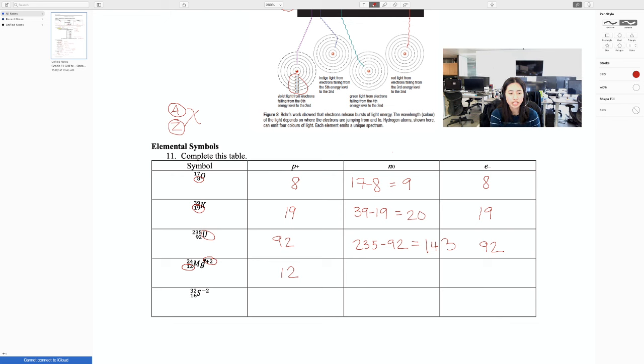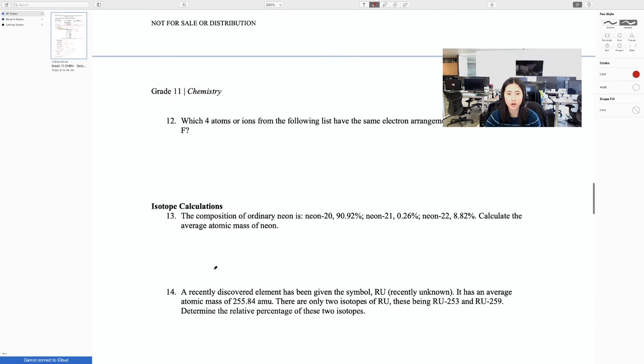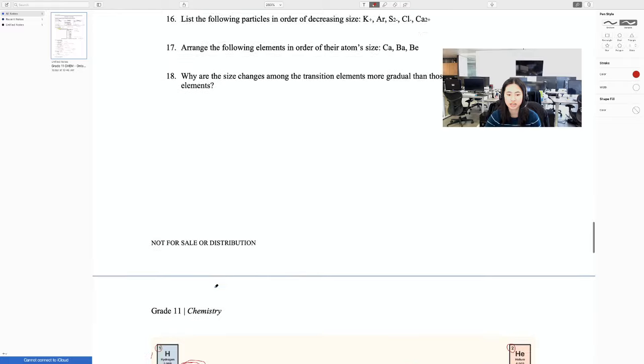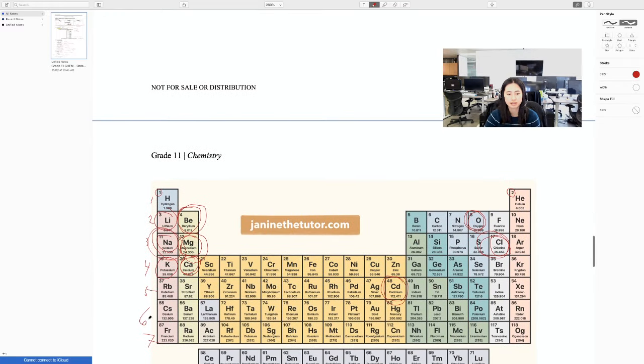And the only change here is the number of electrons, because as you remember, if we were looking at our periodic table, depending on where the element is found in a certain group, right? So say for example, this is group 1, this is group 2, and then you have 3 until 8, right? So your elements that are found in group 1, group 2, group 3, and group 4, they're most likely going to lose that electron